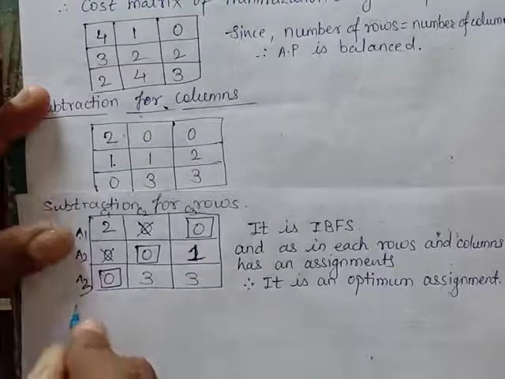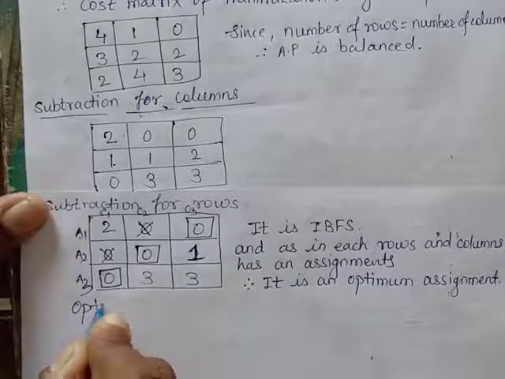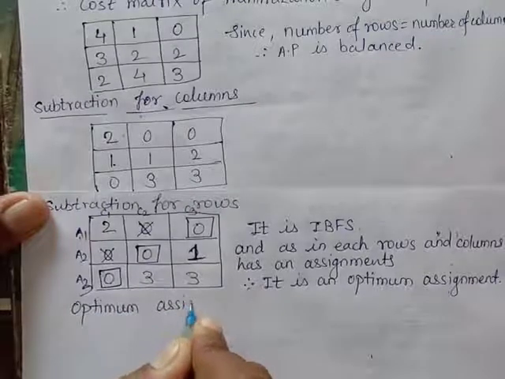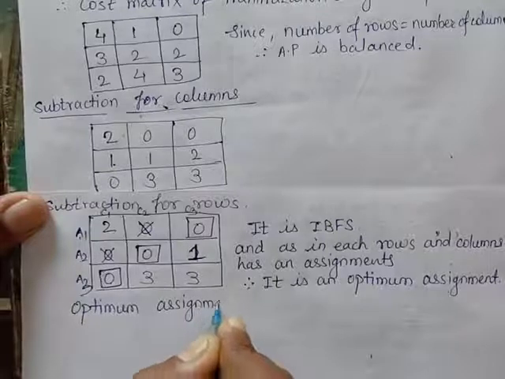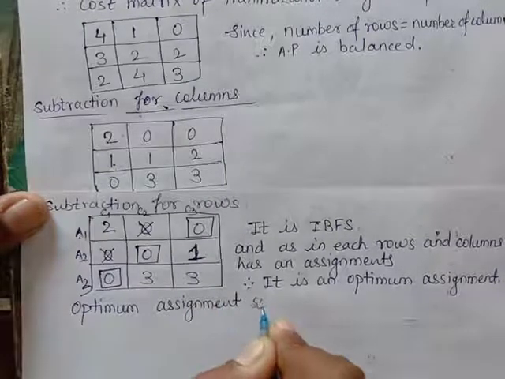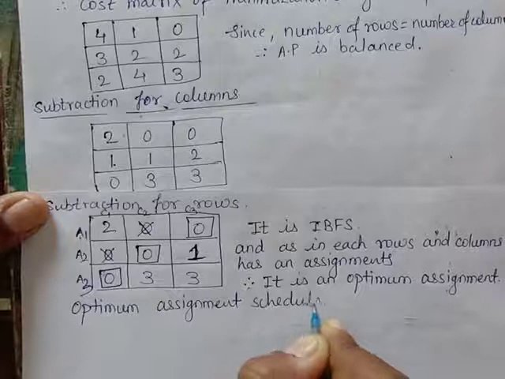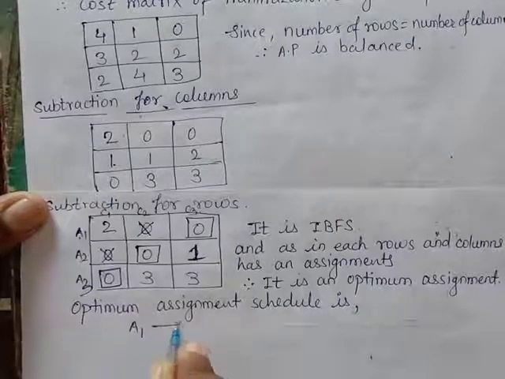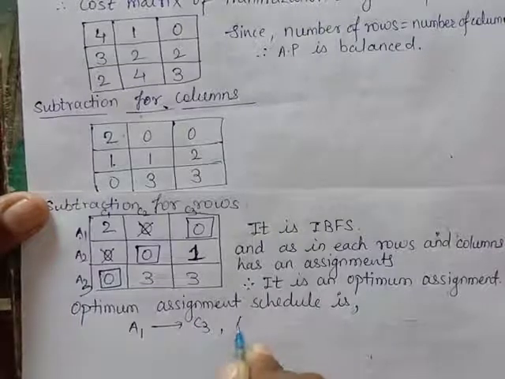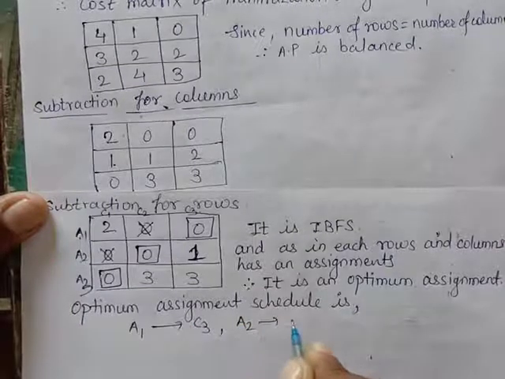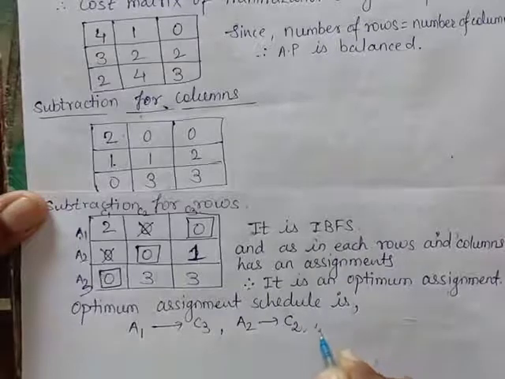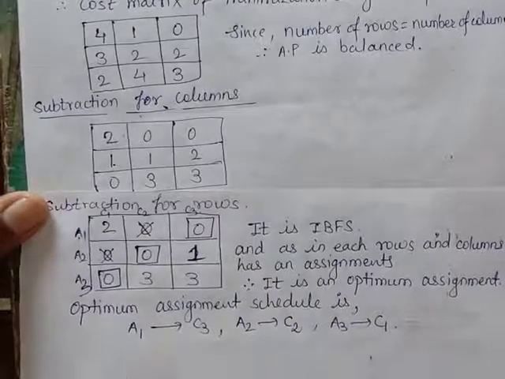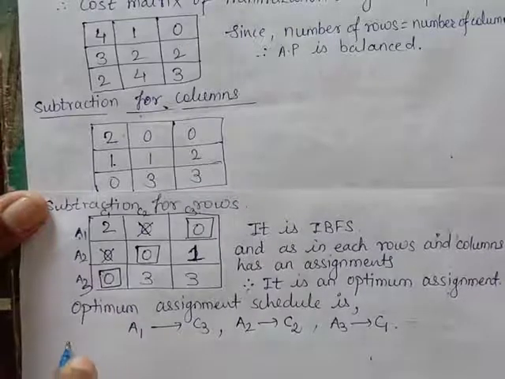So the optimum assignment schedule is: A1 is assigned to C3, A2 is assigned to C2, and A3 is assigned to C1. Okay. Now if we have to find the minimum profit,